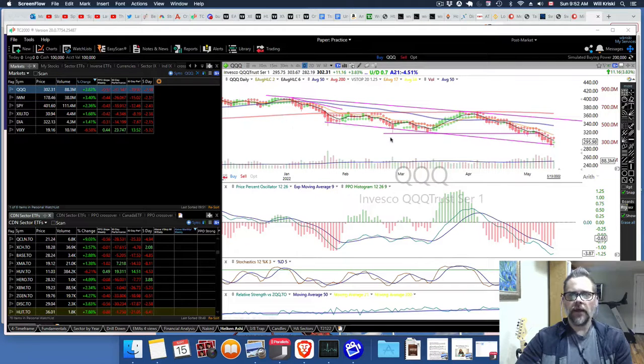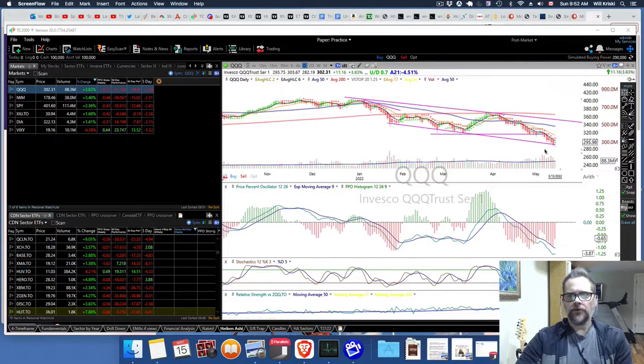So if we look at NASDAQ, we've had this downtrending channel, and we're right at the bottom of this channel right now. So we were due for a bounce, and if you look at the MACD, or the price percent oscillator, you can see how far down we are. And so, we were due for a bounce. These charts are Heiken Ashi, so they kind of smooth out the candlesticks,